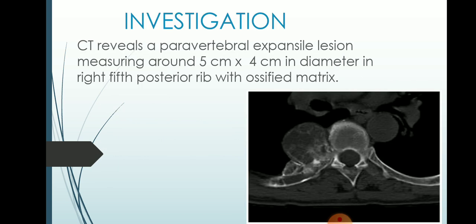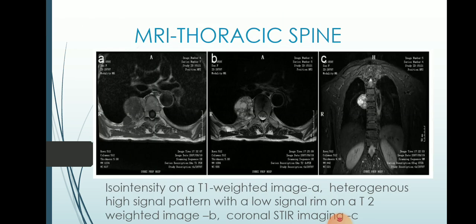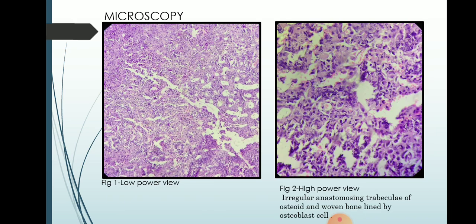Investigation. CT reveals a paravertebral expansile lesion measuring around 5 by 4 cm in diameter in the right fifth posterior rib with ossified matrix. MRI reveals isointensity on a T1 weighted image and heterogeneous high signal pattern with a low signal rim on T2 weighted image. Microscopy. Low power view shows well delineated areas infiltrated with round tumor cells, and high power view shows